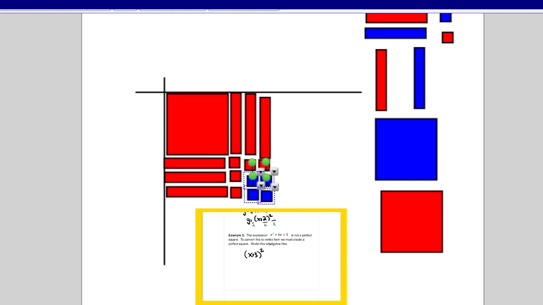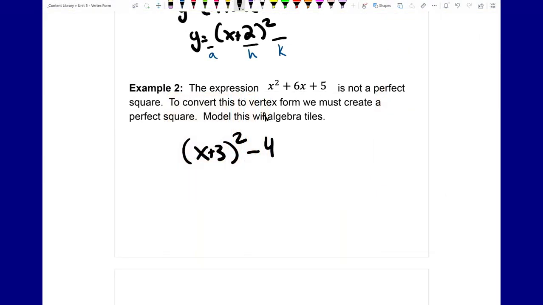It's x plus 3 squared, but minus 4, because there are 4 pieces missing from that perfect square. So if I remove those out of the way, let's go back to our slides. So if I have this now as my expression, x plus 3 squared minus 4, because I didn't have 4